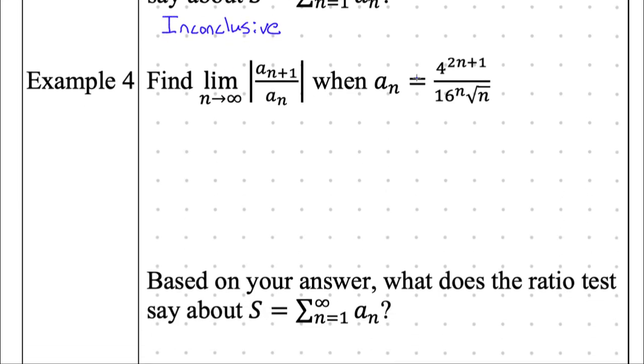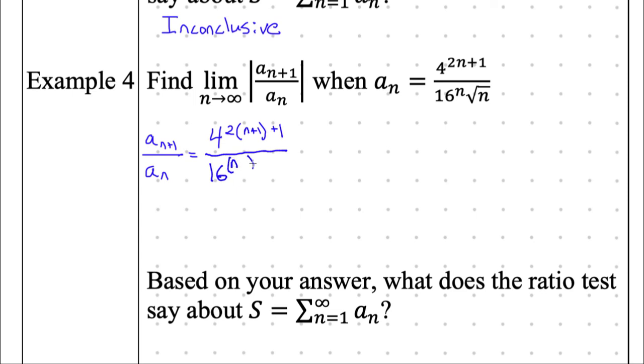All right, and our final example before we begin the homework, just another flavor, not that much harder. Here we go. First I'm going to find a sub n+1 over a sub n, so I'm adding 1 to all of these. I highly recommend pausing the video and trying this out on your own first. But here we go. This is 4 to the power of 2. This n right here should be an n, but now it's an n+1. So n+1 and then +1 because I'm just copying that +1. And then that's all divided by